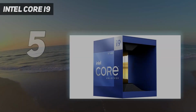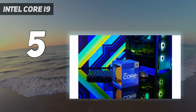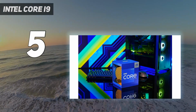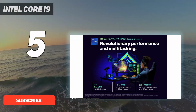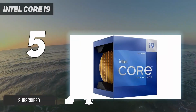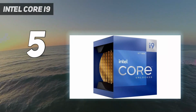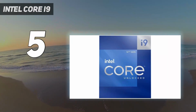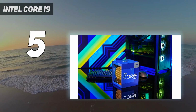Intel Core i9. The Intel Core i9-12900K delivers on the chipset's flagship status with some of the fastest single-core performance on the market, even beating that of AMD's Ryzen 9 5950X in many instances, according to our colleagues at Tom's Hardware. For those in the know, that's the last-gen AM4 Ryzen chipset and a CPU that will cost you significantly more than the